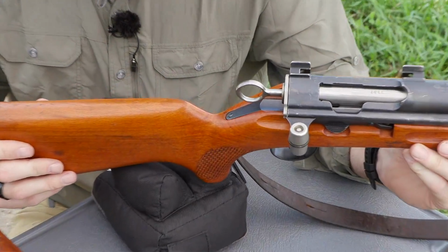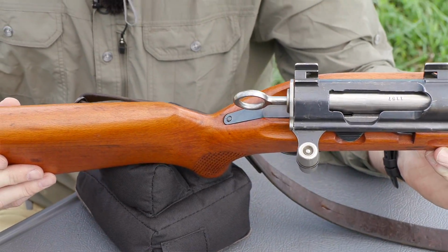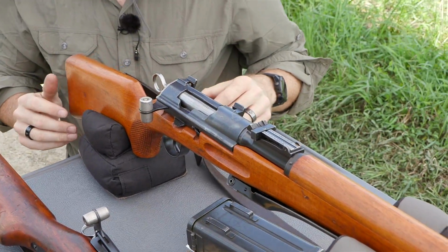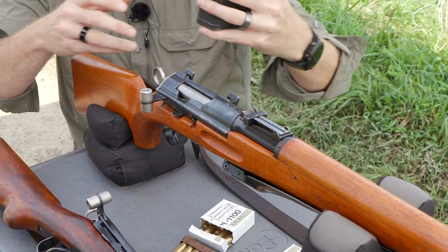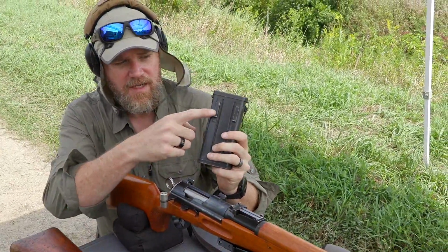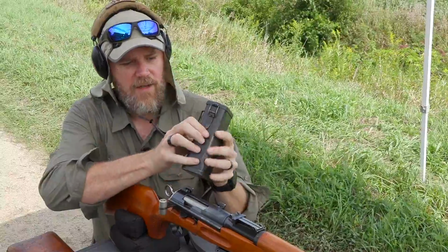Now you'll notice I have the scope off the rifle at the moment, and that's because it ships, or would have been issued with, the metal can that you see here. Has belt loops on it, has a little latch here on the side,